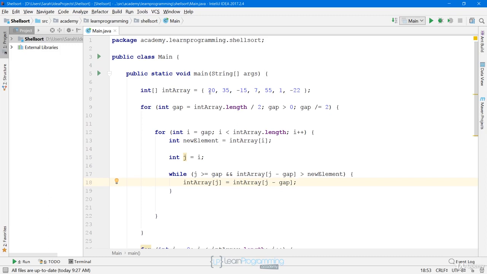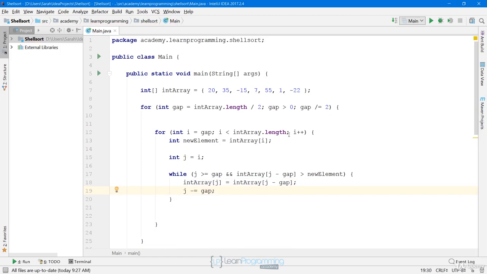So if int array 0, which is 20, is greater than 7, which it is, then we want to shift 7 up 3 positions. So we're going to assign int array j, which is int array 3, with int array 3 minus 3, which is int array 0. So we're essentially going to take what's at position 0 and assign it into position 3. And then once we've done that,